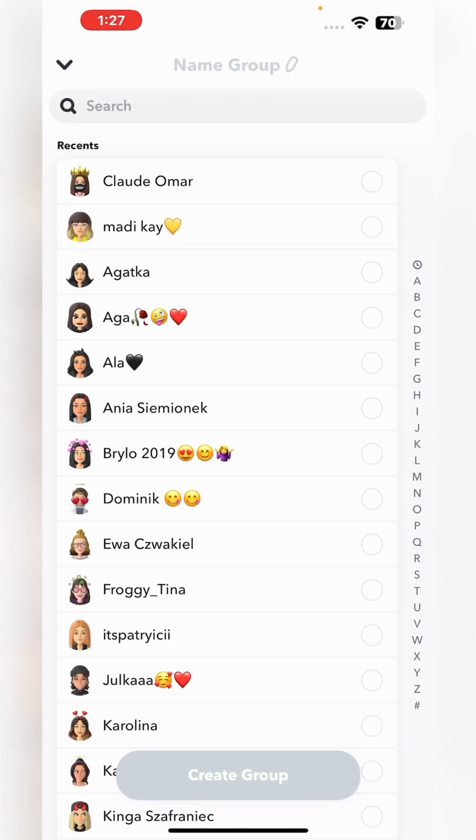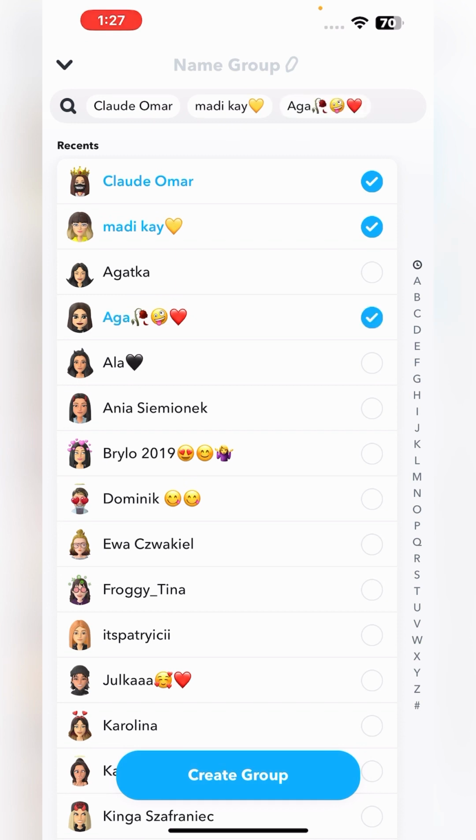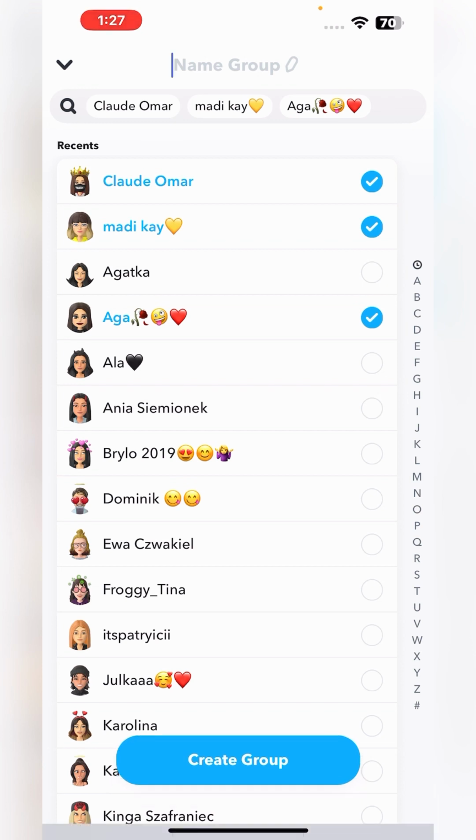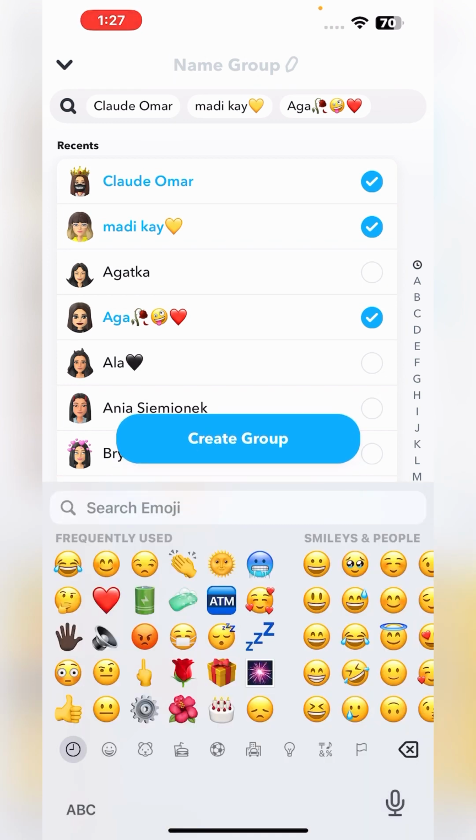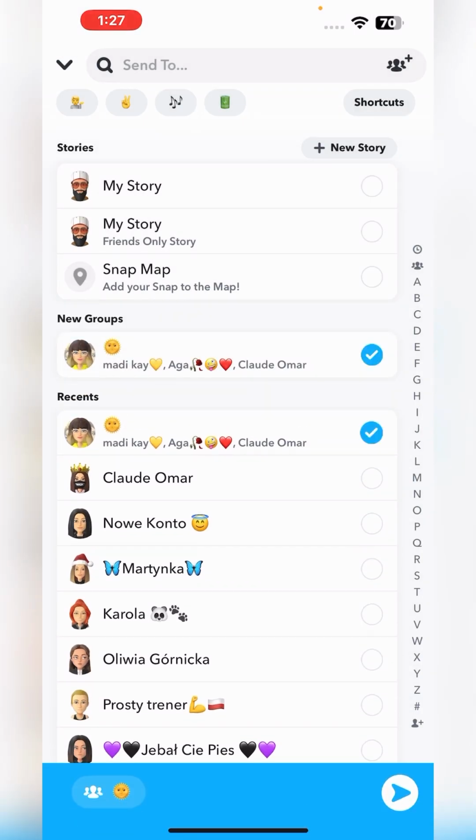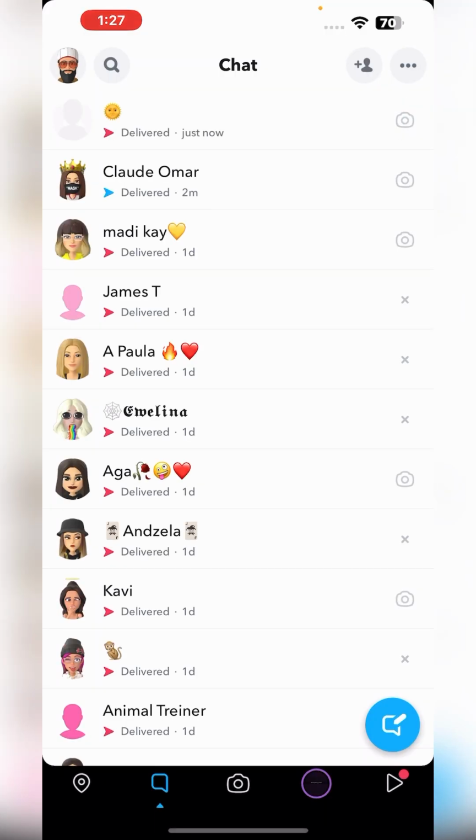Okay, firstly you need to add people in that shortcut that you want to create or that is not showing. Now tap on here and add any emoji. Tap on create group, tap on send. Okay, you can see a person screen, the shortcut is created and your snap is sent to that person that you added in